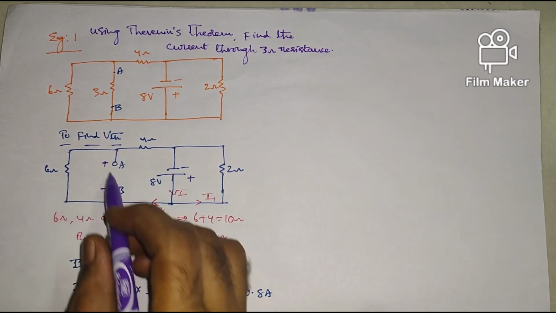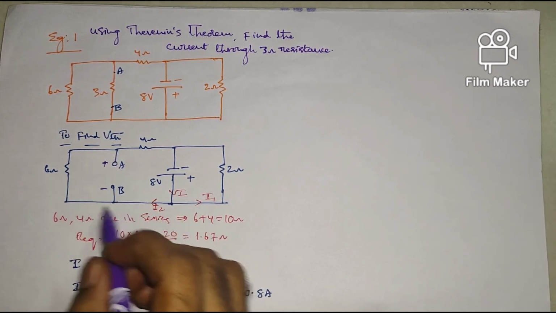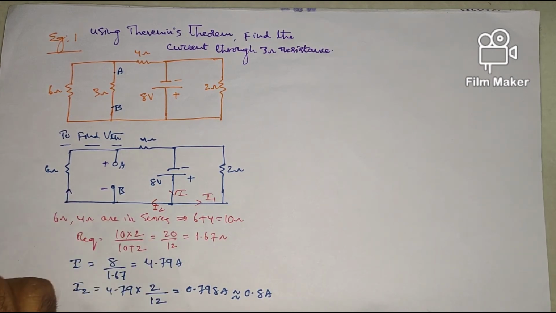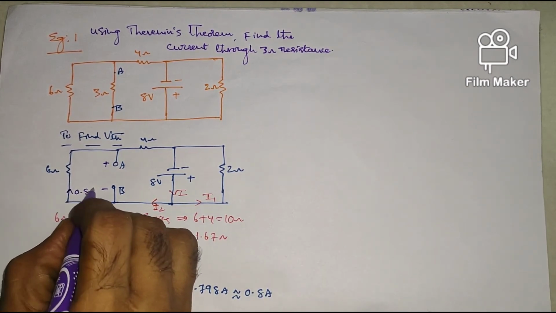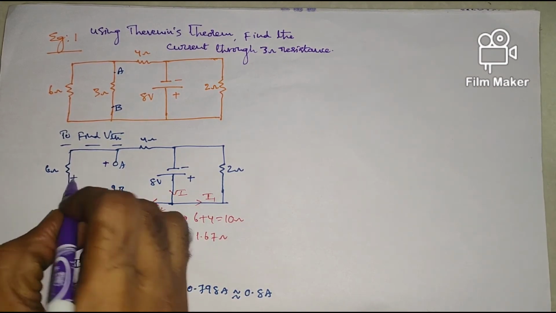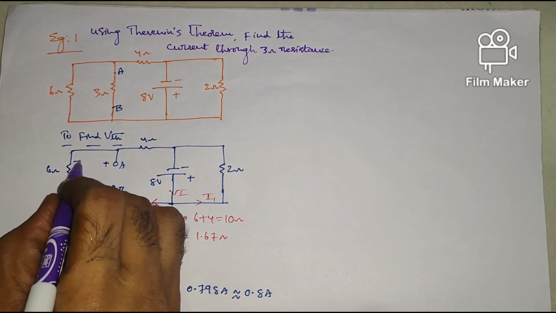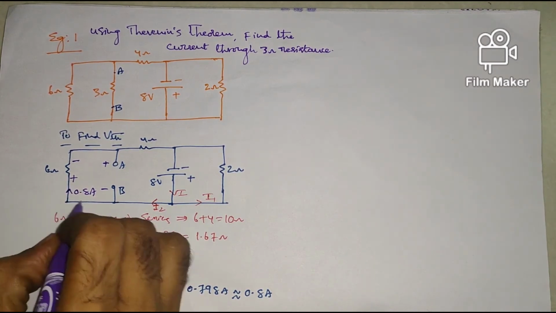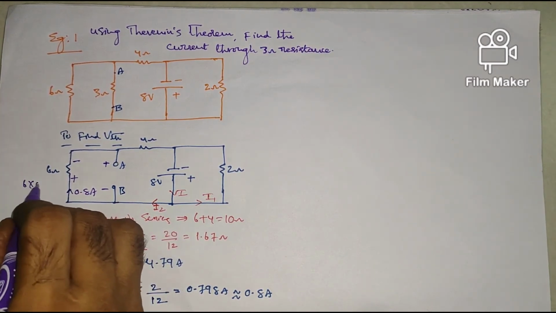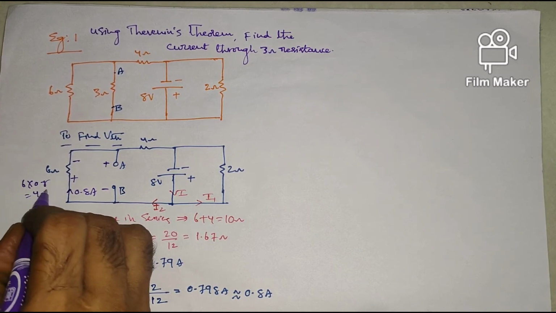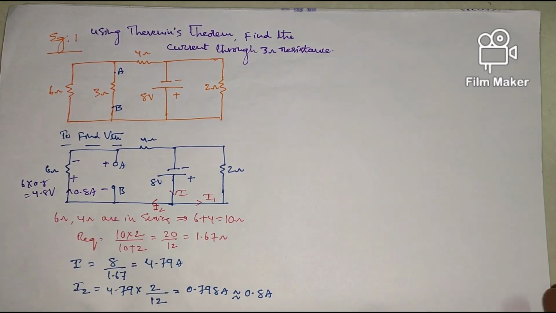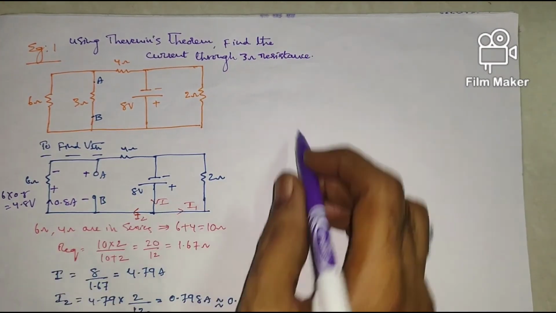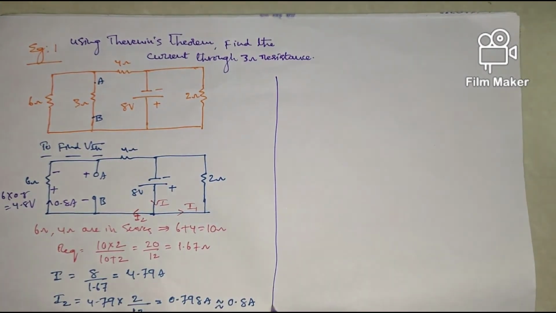So here I am considering this as a closed path. Here the current passing through this branch is in this way, and the magnitude is 0.8 amperes, so that the voltage drop is going to have the sign of positive downwards and negative upwards. The magnitude is 6 into 0.8, which is equal to 4.8 volts. So if you write Kirchhoff's voltage law for this loop, considering A as positive and B as negative, we are going to have